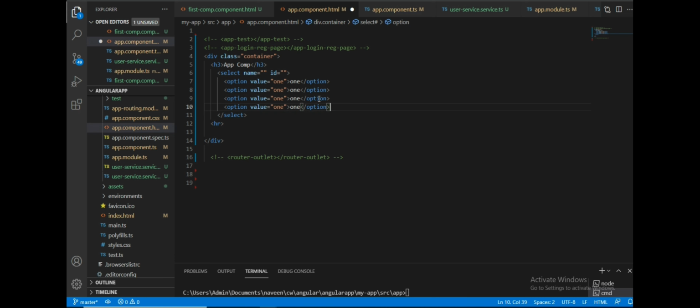And second, option 2, and so on up to 4. Okay, so here, first of all, we define the ngModel here.